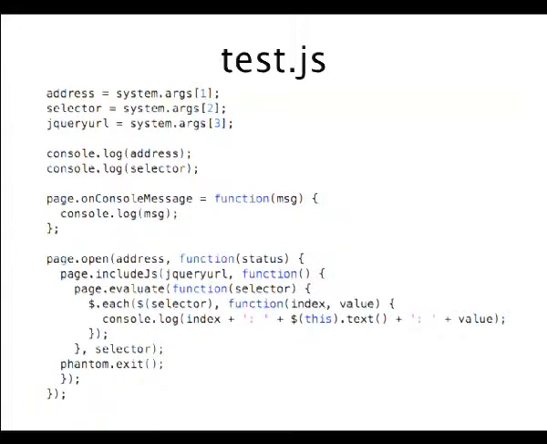But this is something that people are doing a lot of interesting stuff with, and there's a lot of power in there. And I'm not doing much with it because this is very much a proof of concept kind of module. So the only other complicated stuff is that we're passing in a selector as a parameter to the script. So if our selector actually matches more than one DOM element, we iterate over it with each, and then we